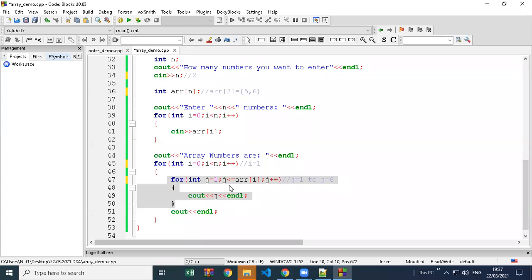So the inner loop is starting from 1 till the array element. First 1 to ARR 0, which is 1 to 5, and then 1 to ARR of 1, which is 1 to 6. So by increasing the I variable, we are reaching the next element of our array and printing 1 to that number.